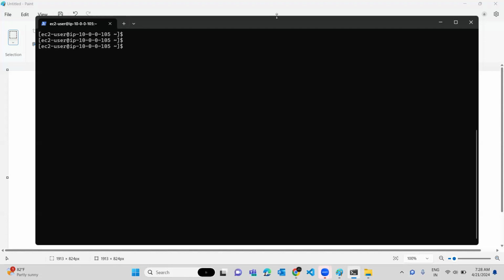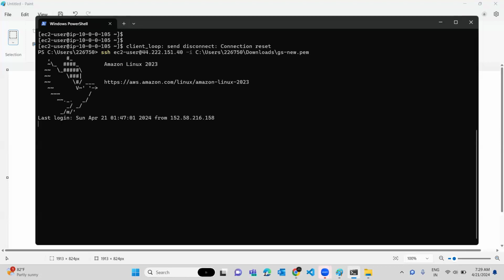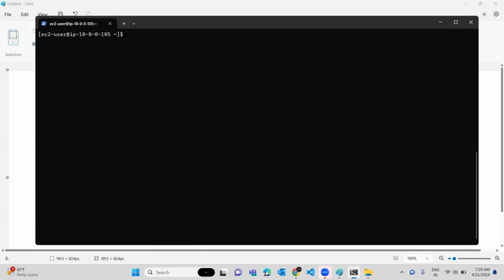So whenever we log into the virtual machine, it will show us the virtual machine username at the rate of the IP. That IP must be the local IP or the private IP of the machine. Now I am changing the host name. So how to change the host name using the command like hostname